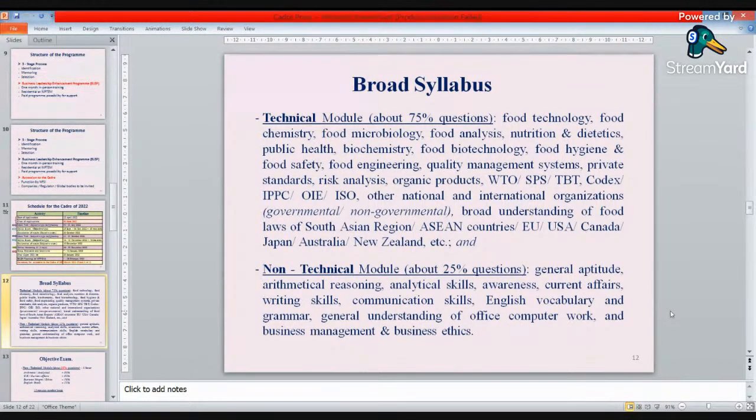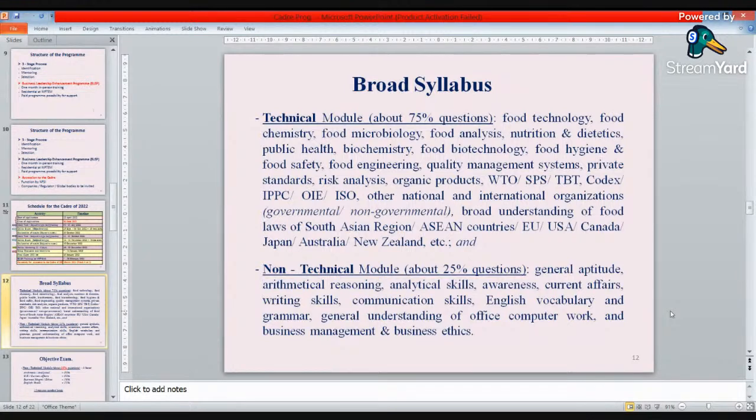Who is the food regulator in Malaysia? This is the minimum that we can expect from you. We may not ask you who is the food regulator in Zimbabwe or Cameroon or Papua New Guinea. No, we're not going to go into that deep. But certainly, we expect you to generally have a broad understanding of the regulatory structure in South Asia. India, yes, of course, but other South Asian countries, ASEAN countries, European Union,